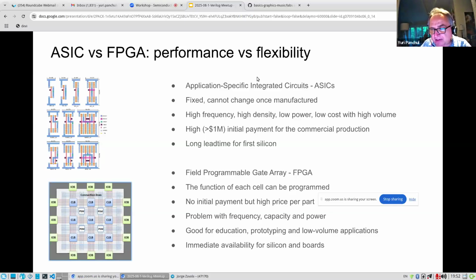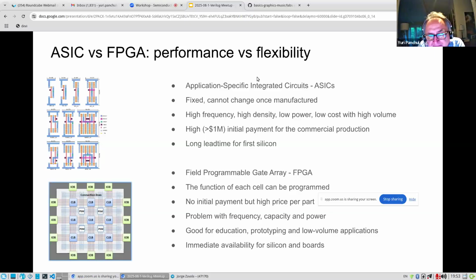relatively small amount of power, so you can live with a battery on a phone for the whole day or more. But if you try to do the same kind of schematics inside FPGA, then you need to use the whole box of FPGA, and it will run at like 10 or 20 megahertz, so much slower, and it will be much more expensive.